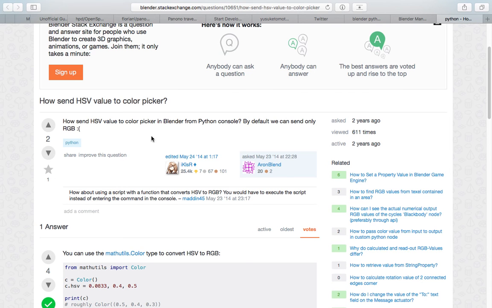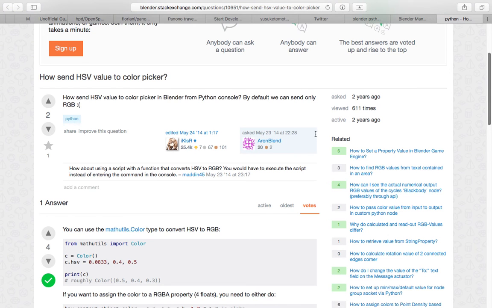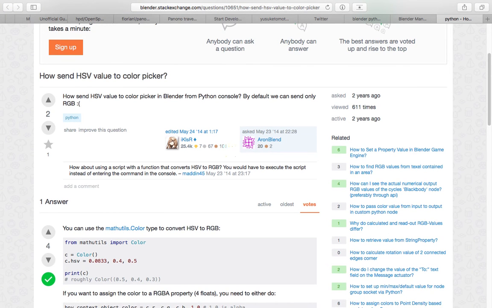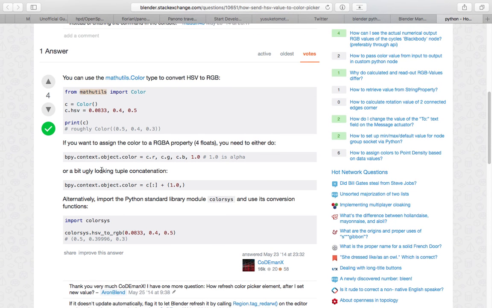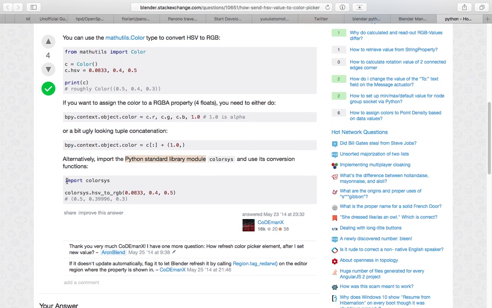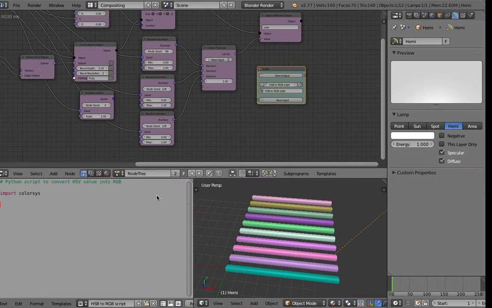We can only send RGB, so Blender obviously is using RGB, but then we sometimes work easier using HSV. So from math we can use the mathutils module, which is Blender specific, or we can use the Python standard colorsys module, and we can copy paste this part,